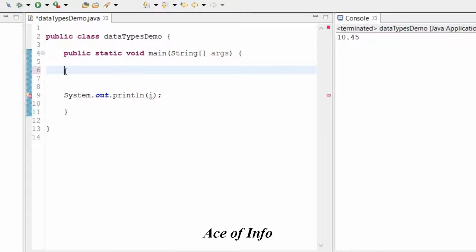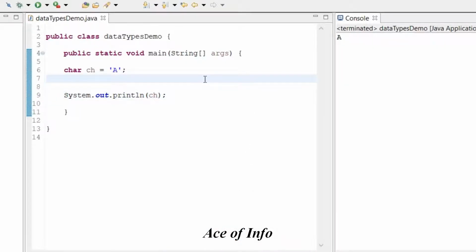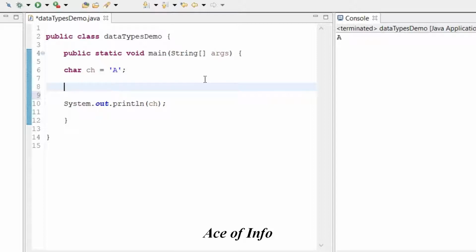Now if we want to store some characters like A, B or other symbols, we have to use the type char for that. Char is for characters, and I will say a name, ch. And when you declare char variables, remember to assign them with single quotes. Inside of single quotes, I will say A. Now in characters, after we have declared some variable, I am assigning a new value to it like this,